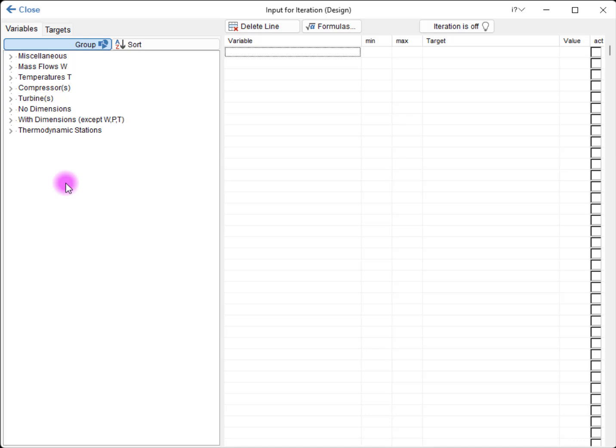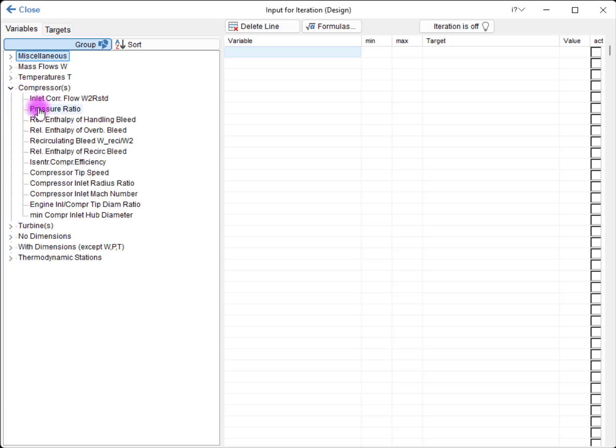We choose Pressure Ratio from the Variables menu and drag it from the selection tree to the column Variable in the table. Then we define minimum and maximum values. We set a minimum pressure ratio of 10 and a maximum pressure ratio of 50. Afterwards, we choose the turbine pressure ratio from the Targets menu and set the target value to 4.